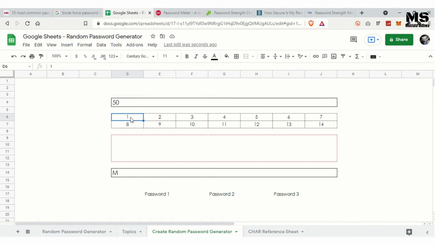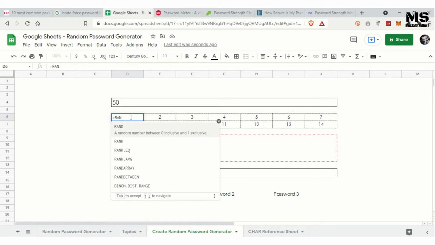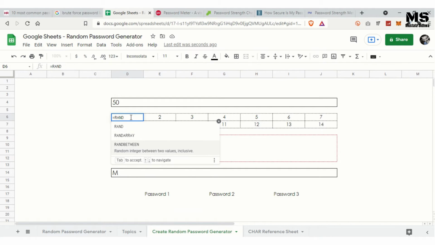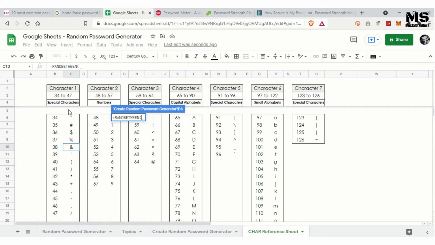So for that, let's start with the RANDBETWEEN function. And now we need to give the range from where till where we need the numbers to be displayed. Since we want the first character to be a special character from this list, we will give the range from 34 to 47.